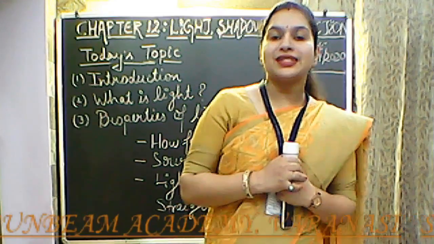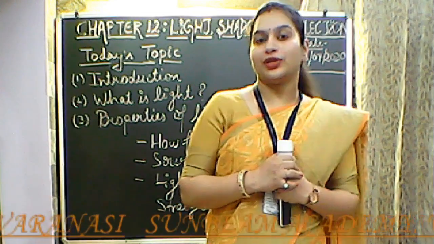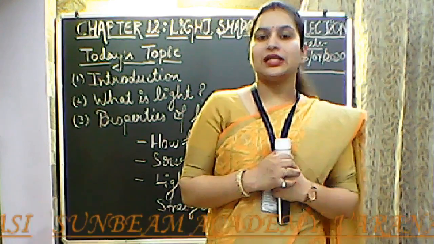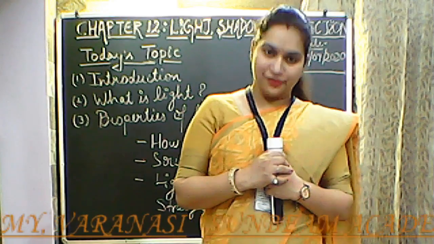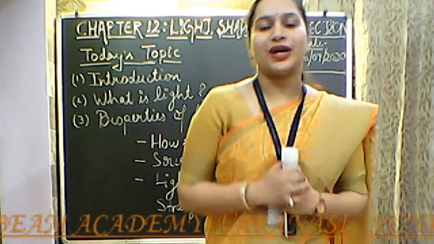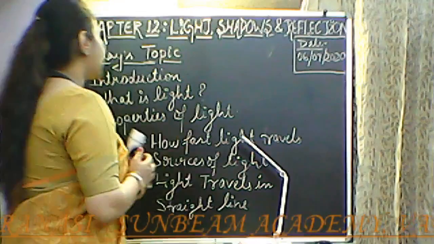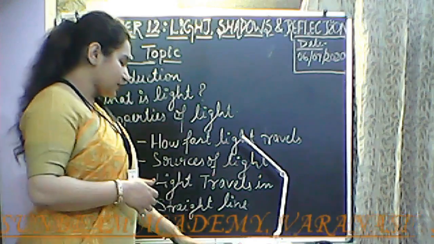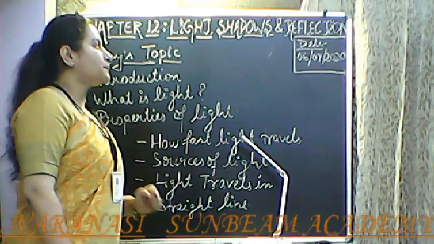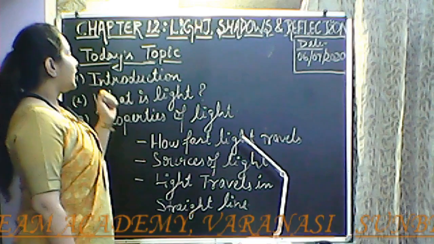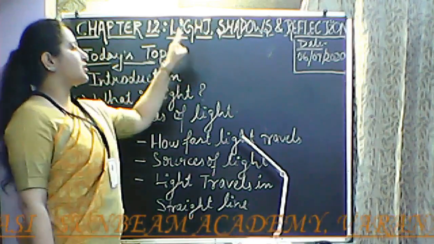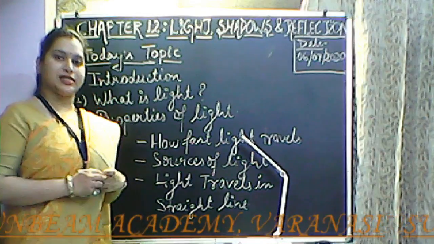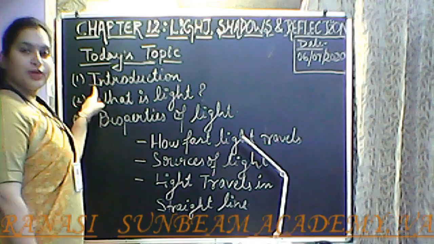Because these are the objects which we will use and which will enable us to study this chapter, that is light, shadows and reflection. So our next chapter is lights, shadows and reflection. So we will start with this chapter. Chapter 12, light, shadows and reflection. And today in this chapter we will study the introduction of the chapter,